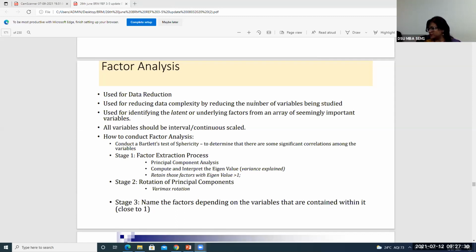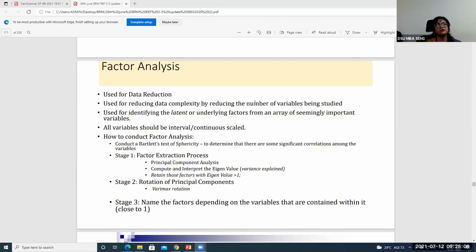Because if you remember, I had told you that Cronbach's alpha is a reliability score that we get from the software to find out whether an interval scale item, a set of items that we are administering in a questionnaire, is reliable or not. You check the Cronbach's alpha score, which must necessarily be above what? It should be above 0.7 ideally. A lot of authors mention it should be 0.6 and above, but for a lot of practical usage, we consider 0.7 and above to indicate the reliability of the scale.